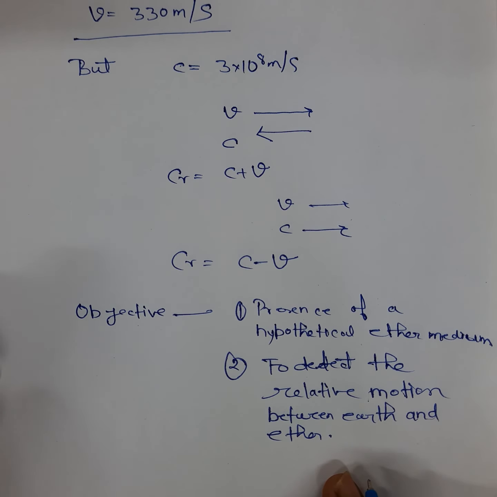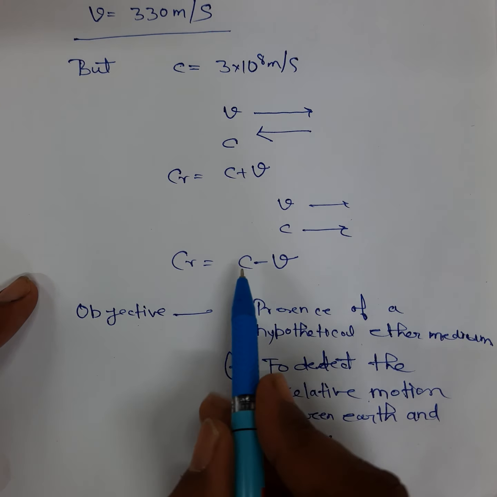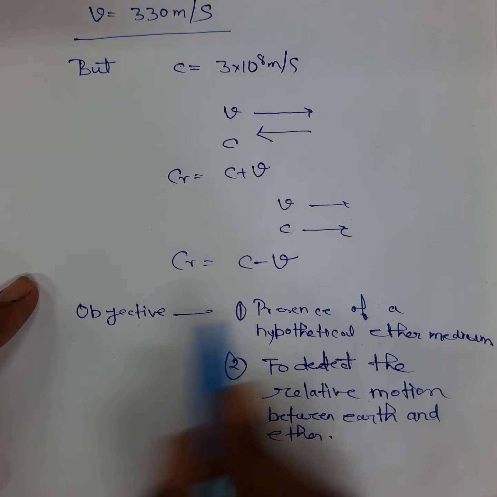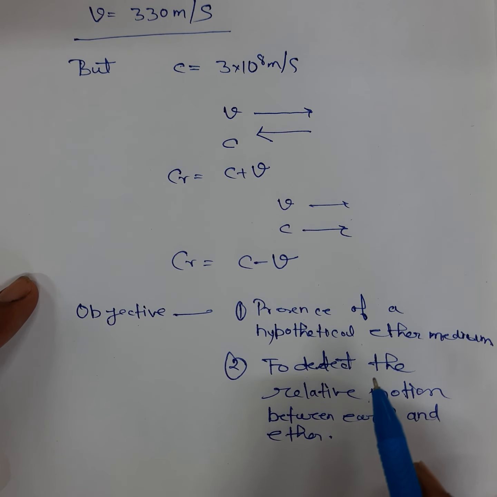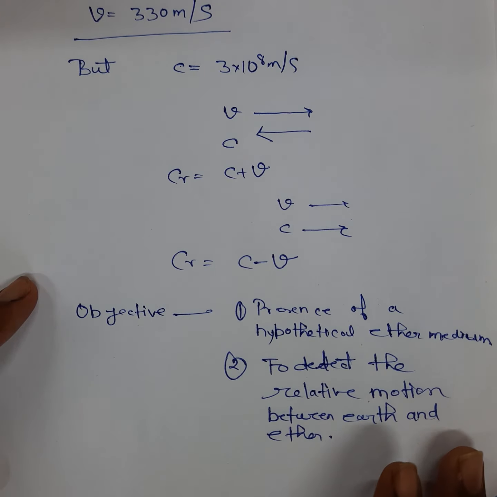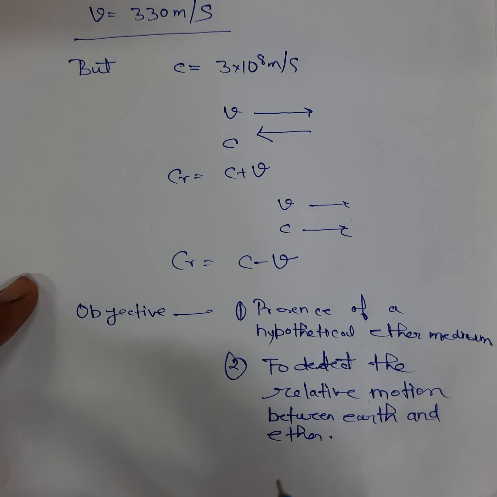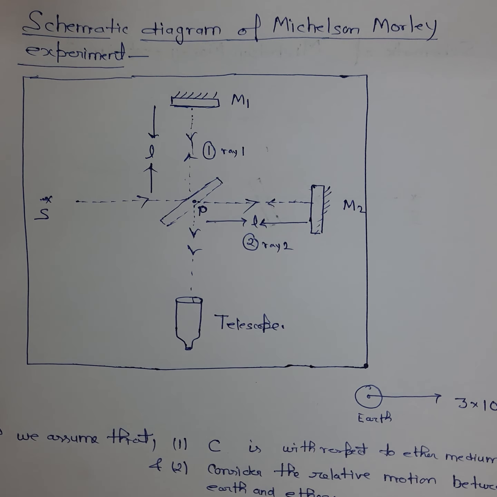So at that time it was assumed that the velocity of light c is with respect to the ether medium, and if we do some experiment on earth, then the effect of relative motion must be seen in that experiment. Michelson carried out in 1887, in collaboration with Morley, an experiment to measure the motion of the earth through the ether in which the light waves were supposed to occur.